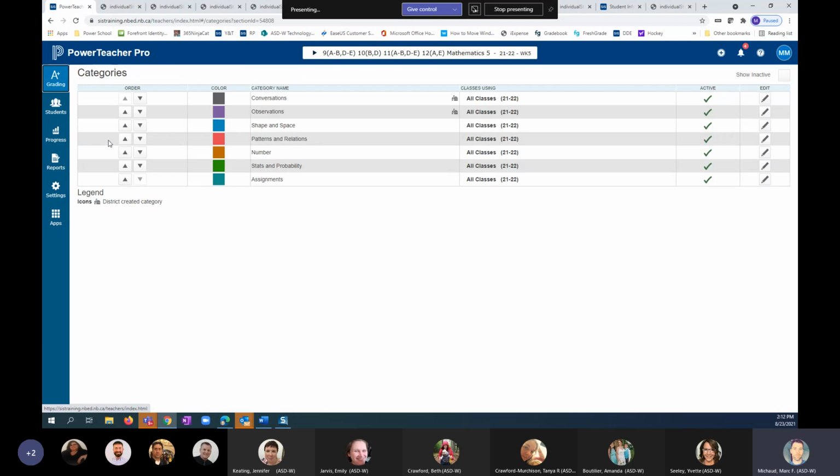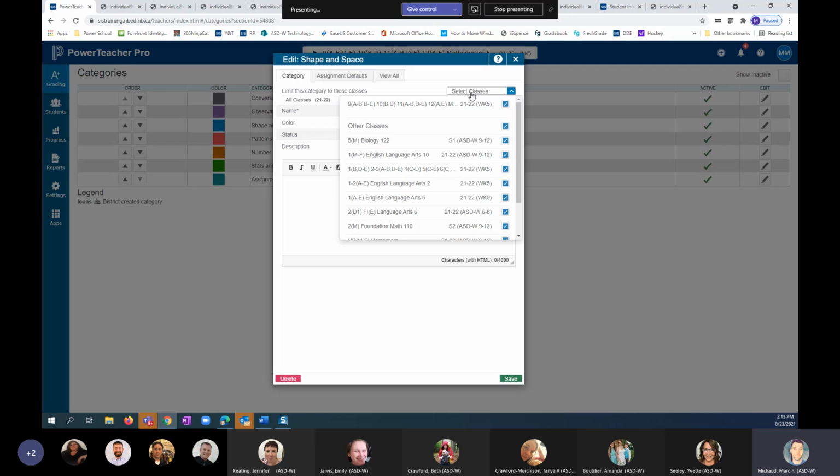If you're teaching, this is even more important for high school. If you notice, like the shape and space here, it applies to all classes. So I see a lot of this, and teachers often will put categories that look alike but are not quite the same. They'll use them for a class that it's not part of the traditional grade calculations. It's very important that the categories that you have set here are all applied to the classes that you use them for. So for example, shape and space here,